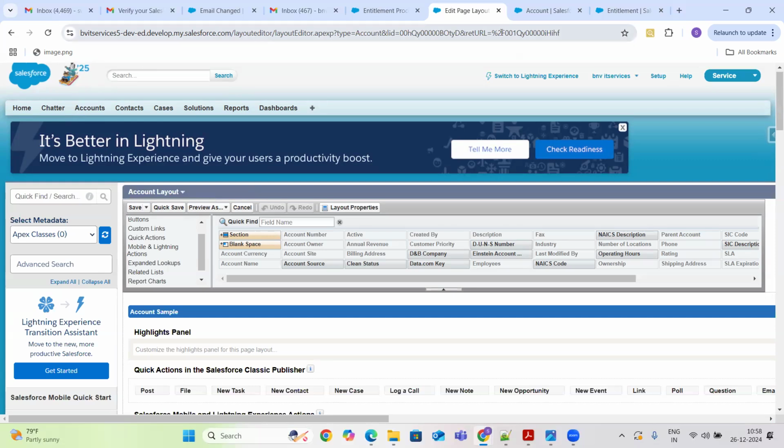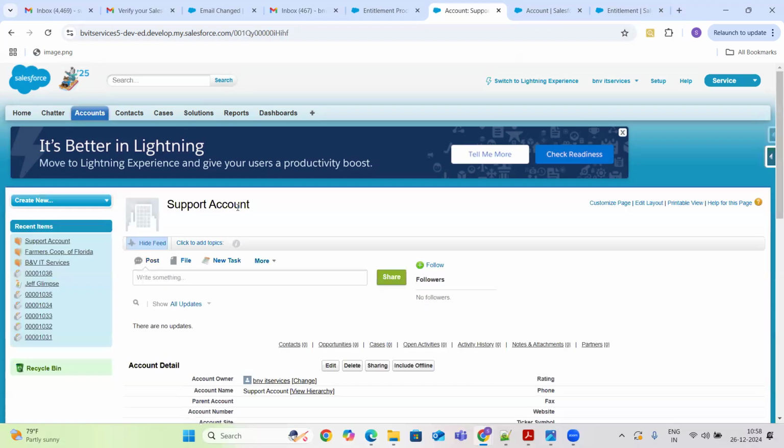Okay. So this is the way of debugging, guys. I have added the milestones, but I don't find my milestone section. I waited for 2 to 3 minutes because sometimes, because of refresh issues, it will take time. Still it didn't come. Then I need to check what my page layout is.